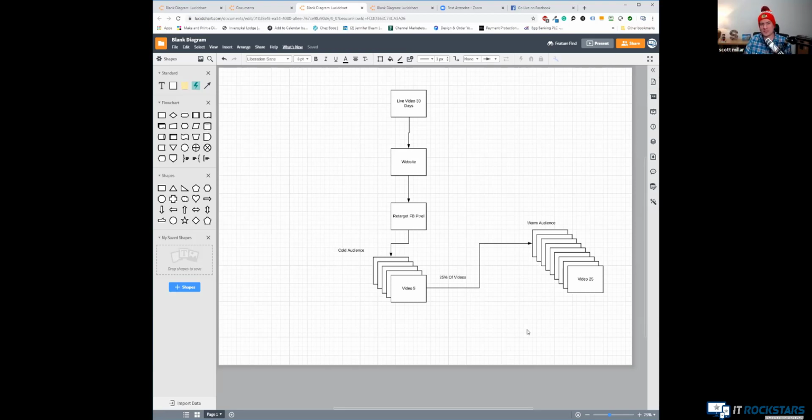And it warms them up to a state where they're either going to reach out to you, or you can introduce a lead magnet, some reason that they would enter their email address on your website. And that's something that we show you within the MSP Video Academy, how that actually works, how you can capture their actual details. So that is the weaponization of going live for 30 days.